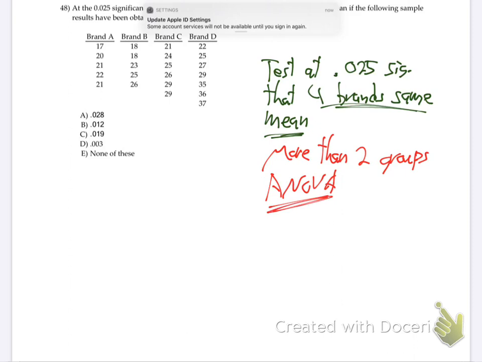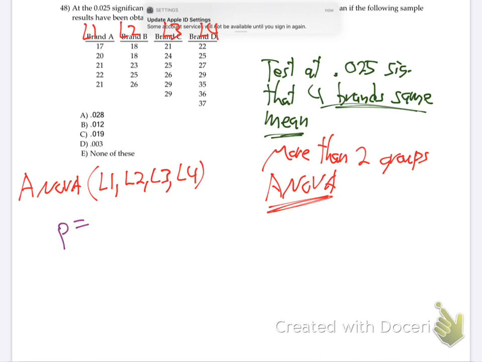So, okay, so what do we do for ANOVA then? L1, L2, L3, L4. Put the data in L1, L2, L3, and L4. And then go find ANOVA in your test. And go L1, L2, L3, L4. It's as simple as that. So if you recognize it, it'll be cake. If I put all the data in, hit the ANOVA button, I'm getting a p-value